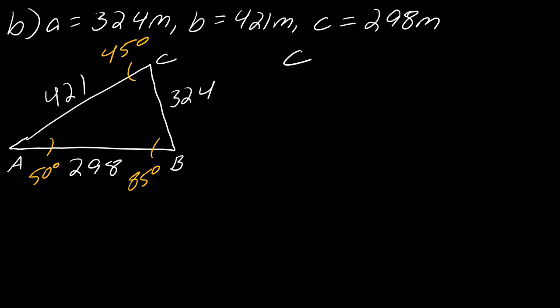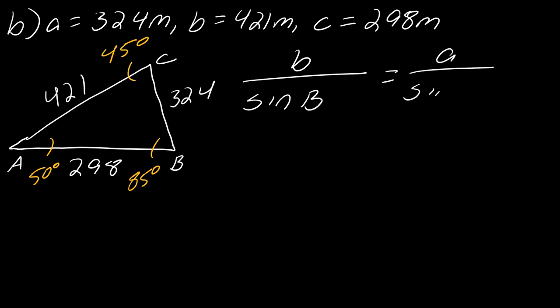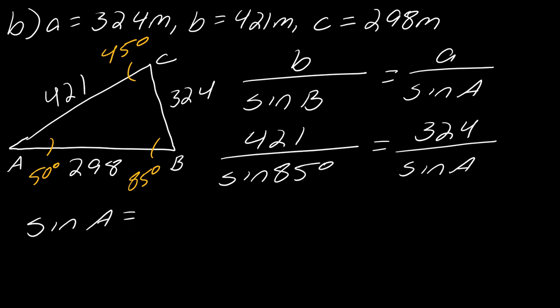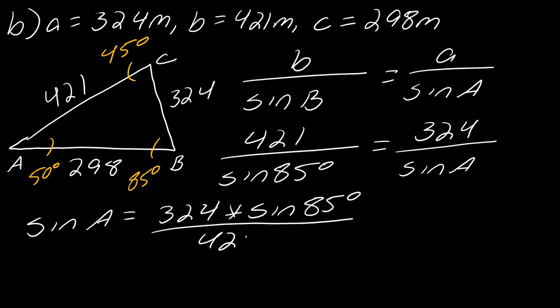So let's do b over sine of b will equal a over sine of a, and let's just see what happens. So this is 421 over sine of 85 degrees is going to be equal to 324 over sine of a. So I get that sine of a is going to be equal to 324 times sine of 85 degrees over 421. So that equals